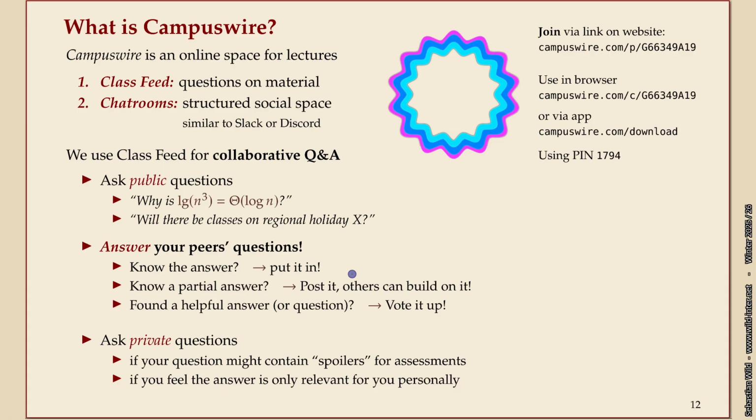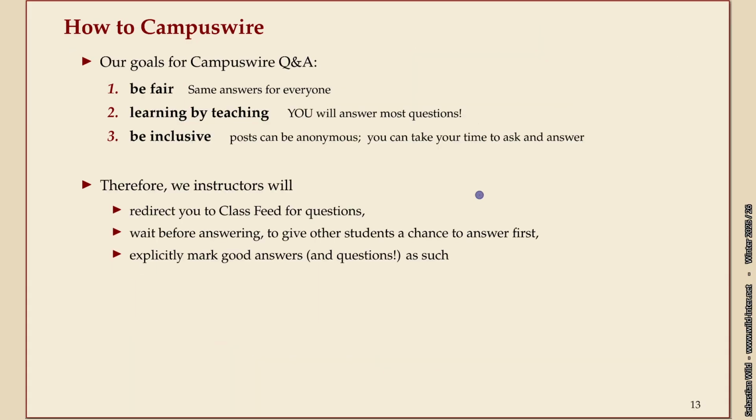The promise from our side is that all the tutors will also be on there to answer questions, but also other students. So what we'll promise to do is, if some student answers a question, we'll read through it, and if it's correct, we'll mark it with some endorsement. There's a feature of the system to say this answer has been checked by an instructor. So even if it's a student answer, you can rely on it. Or if something's missing, we'll just write a little addition to it. Okay?